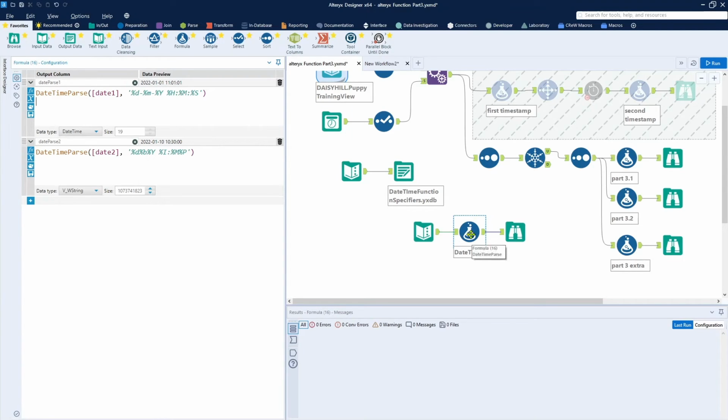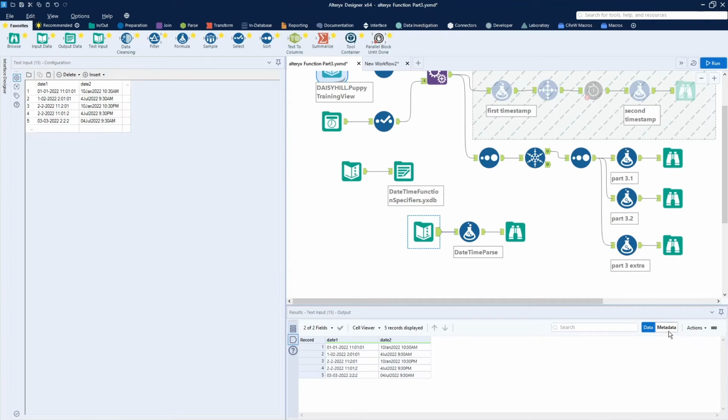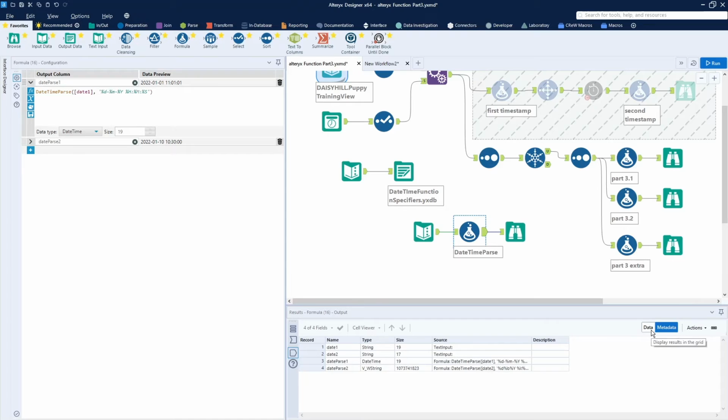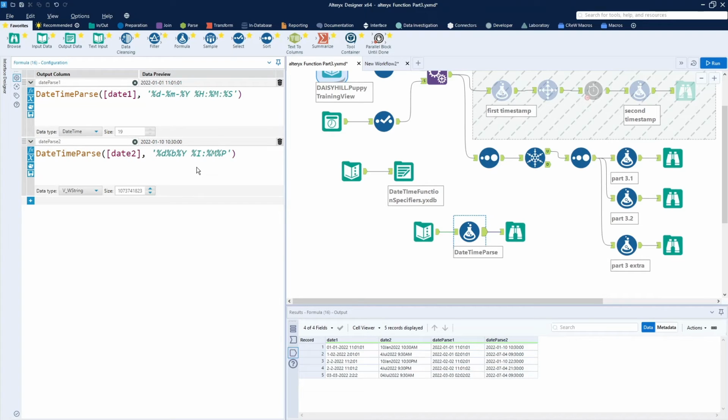If we look here at the metadata for the data coming in from this, as text input does, don't forget you can come in here and look at metadata and see if they are strings. Undo the metadata because otherwise I'll forget to do it later. Making this big again so that we can all see it. There we go. So it brings in a text string, and then we must give it a string that tells it how to convert the